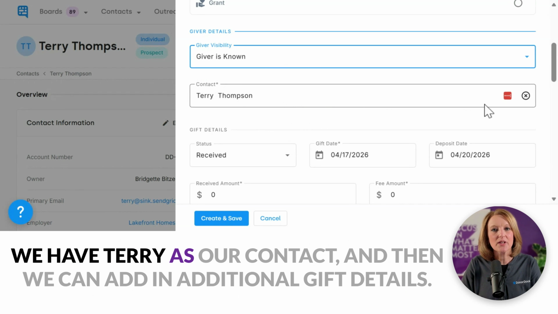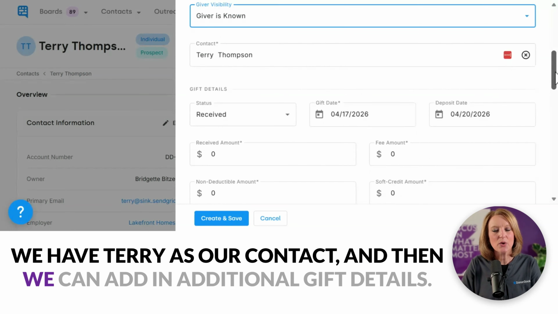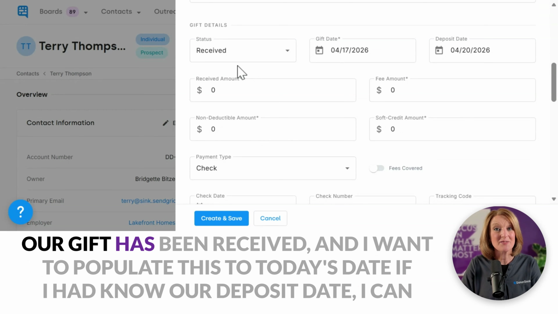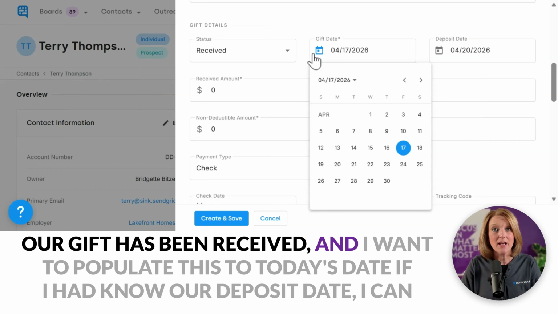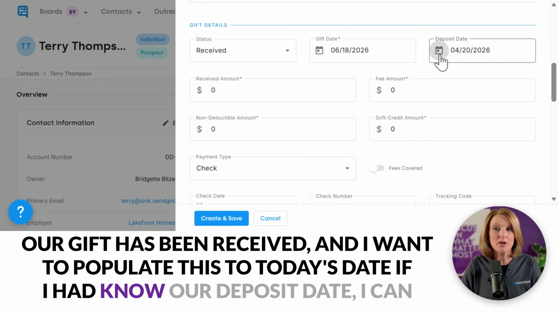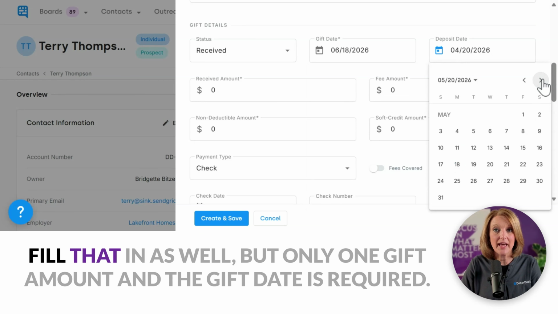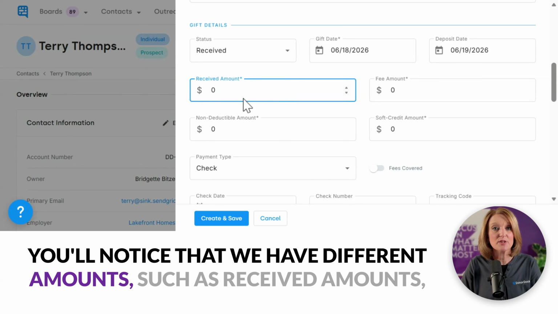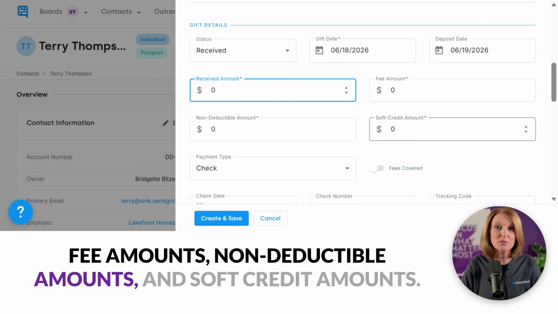We have Terry as our contact, and then we can add in additional gift details. Our gift has been received, and I want to populate this to today's date. If I know our deposit date, I can fill that in as well, but only one gift amount and the gift date is required. You'll notice that we have different amounts, such as received amounts, fee amounts, non-deductible amounts, and